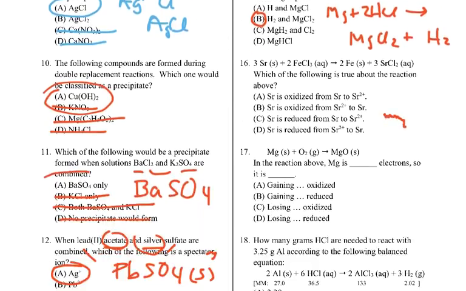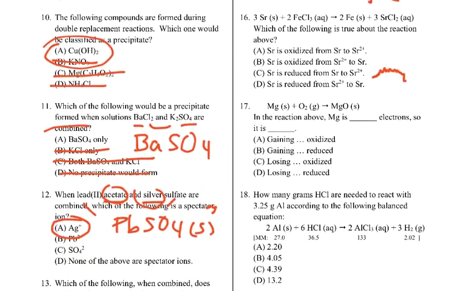For 16, strontium and iron chloride turns into iron and strontium chloride, which is true. Okay, oxidized and reduced. So is strontium oxidized or reduced? It's going from 0, and in its compounds, we know that strontium is 2 plus, and we know that because of where it is on the periodic table. So we want oxidized, so that takes those answers, and it's going from 0 to 2 plus, that's answer A,